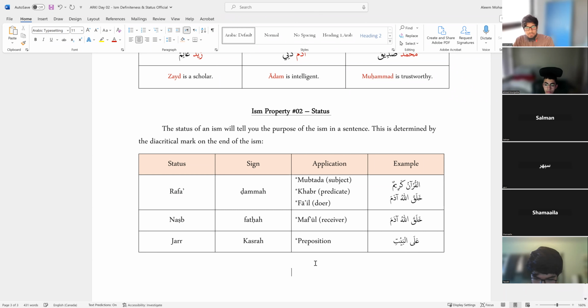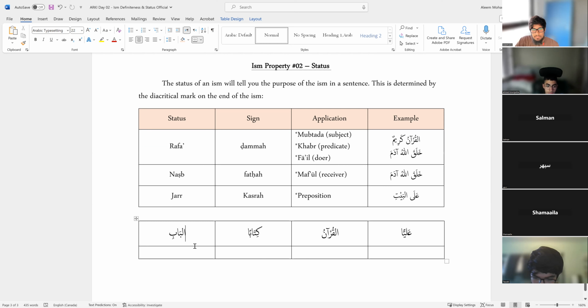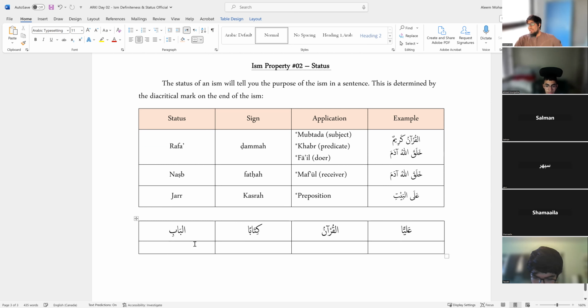Okay, so you guys help me out here. I'm going to put some words forward and then let me know what state they're in. First word here, al-babi: rafa, nasb, or jar? I'll give you guys some time to respond. Okay, awesome. Good stuff, guys. Jar, right? And how do we know it was jar? Because it has the kasra ending. So its status is jar, meaning it might very well be a preposition that's forcing it to be that way,